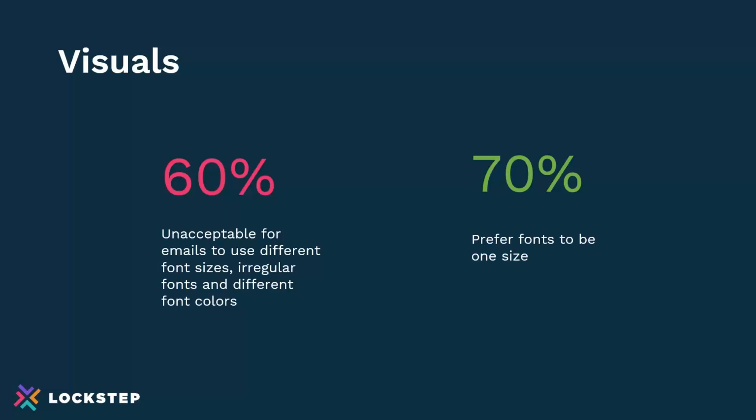We talk about visuals. What you saw in the previous screen was very clean and easy to understand. Even simple things like fonts matter, because people really want to see one standard thing. If there are different colors or different font sizes, they start to think, is this a fraudulent email? They might very quickly put it into their spam folder. So a very simple, clean presentation of the information is critical as well.